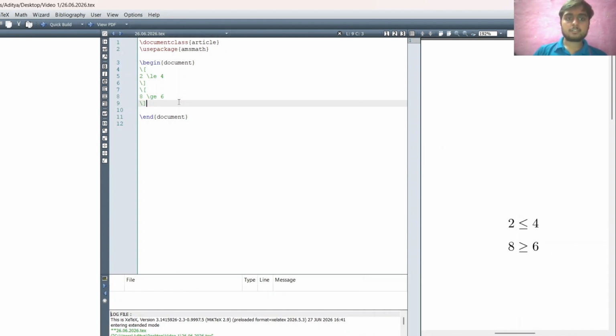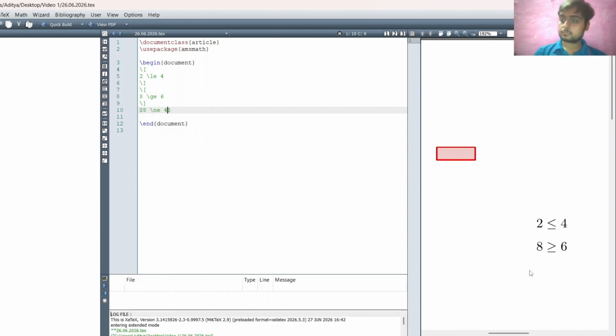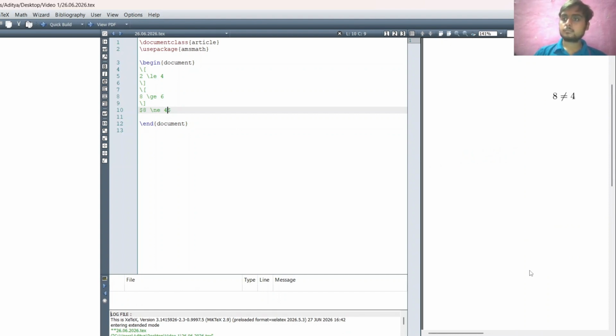Similarly, we have not equal to, so we can use a dollar command as well. So dollar 8 is not equal to 4. Here, fine.